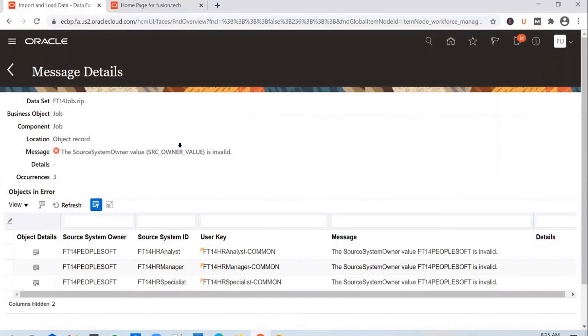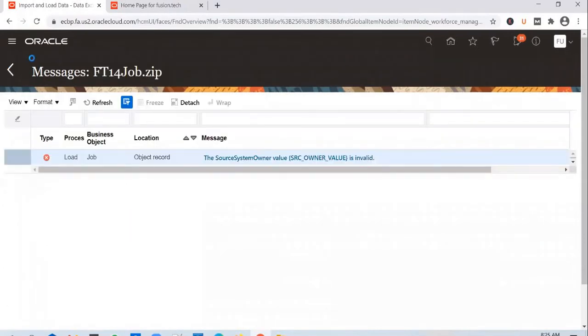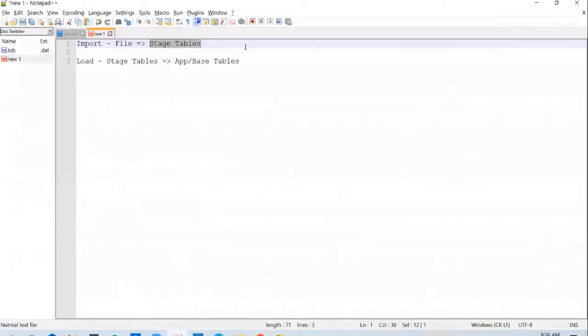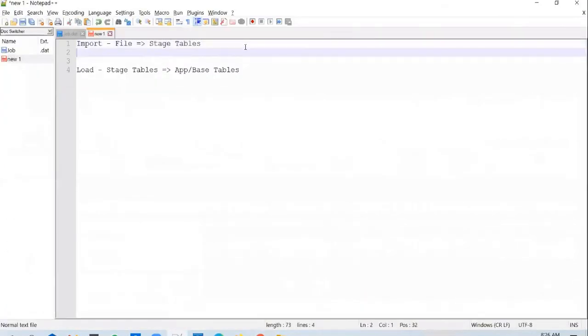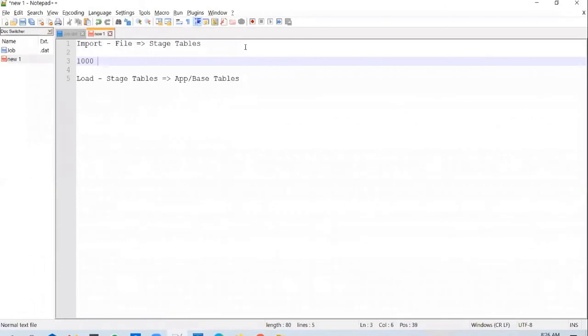Let's say, for example, you loaded in a file with 1,000 records. All 1,000 got imported, but only say 699 records were loaded into the base tables.